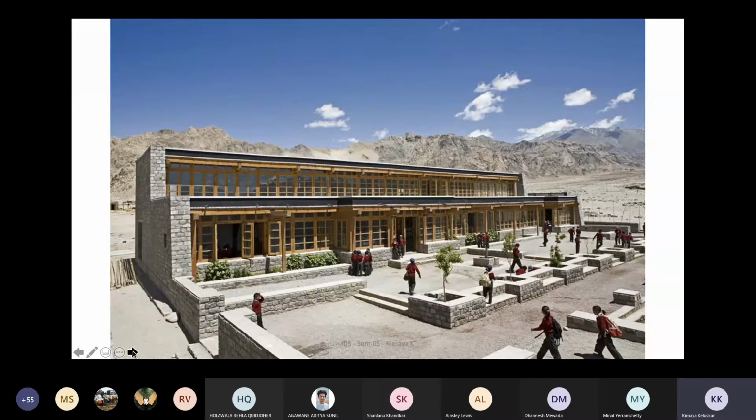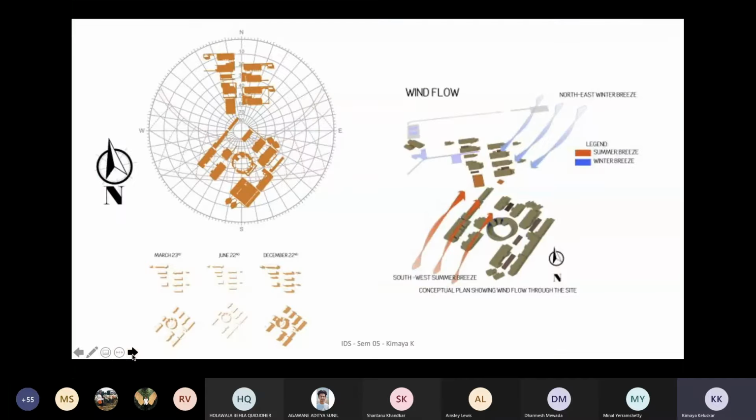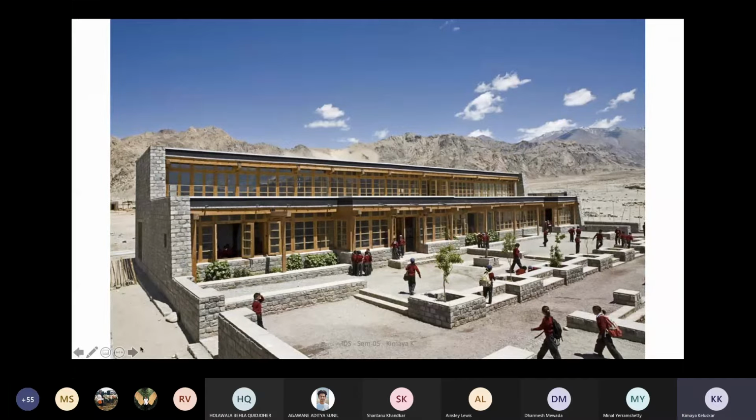it's basically a school. So you will have spaces in terms of the classrooms, and a lot of students coming together. So these are not individual units, but they are larger congregational spaces as well. Now, here in Ladakh, there were two things. One is the history of the flash floods, which happen, and the school was also affected by the flash floods. There were certain additions they had to do after the flash floods, and the second is the seismic activity that is there in the region. So the structure itself becomes very important in terms of how you design the entire thing. Now, the climate is very extreme as well.